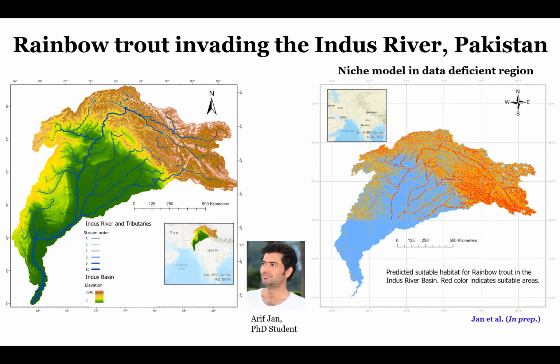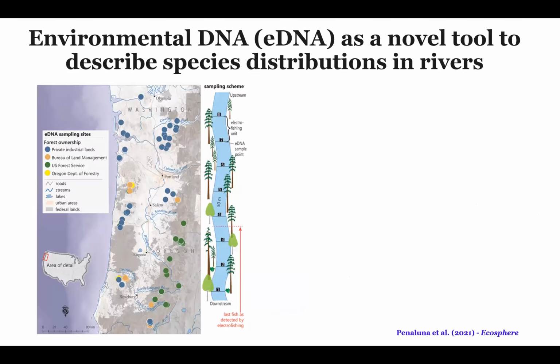So in the US, we have new tools and more data, and we can even validate this model using environmental DNA, which people will probably know about. eDNA is basically where we take a cup of water and we can see the species, and we can create, for example, maps where the end of fish distributions occur in the landscape. This is work we published this year, where we went to private lands and federal lands trying to find where the fish occur.